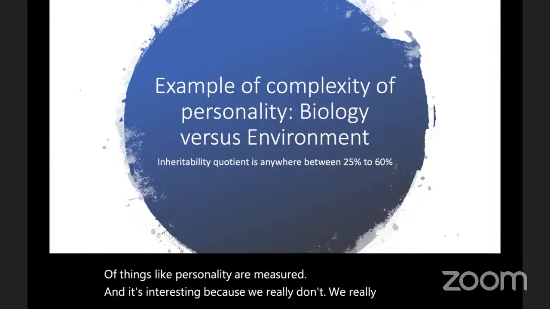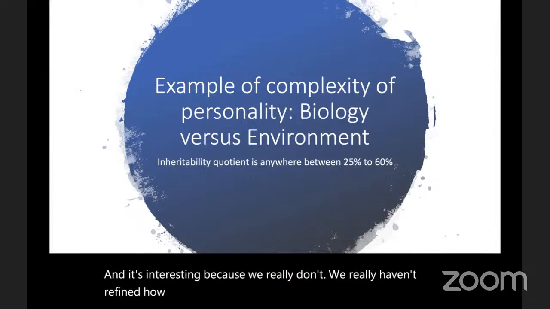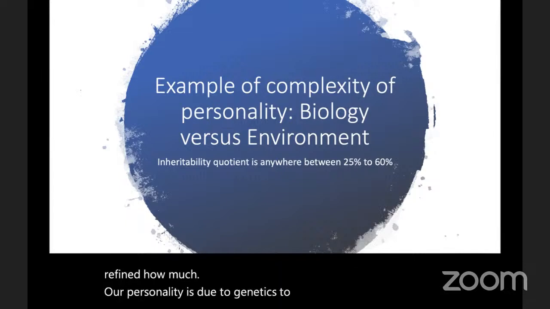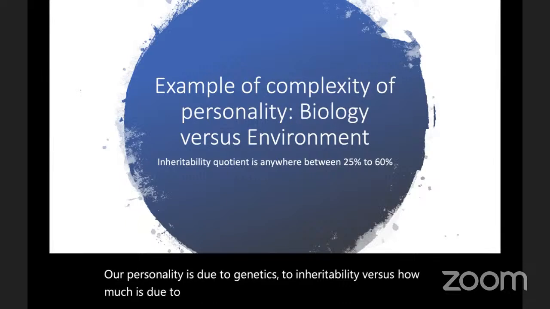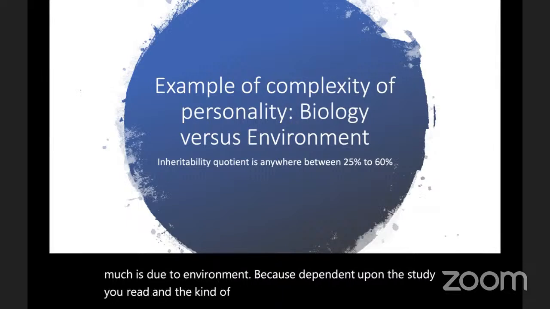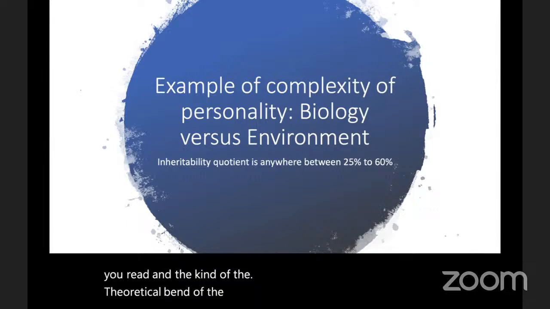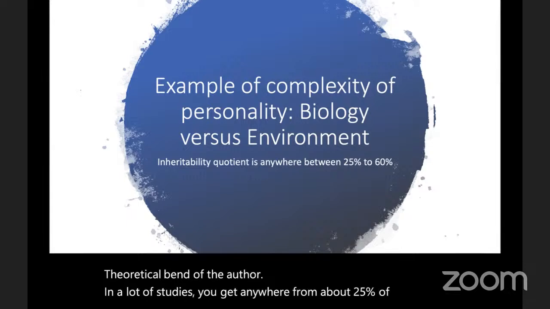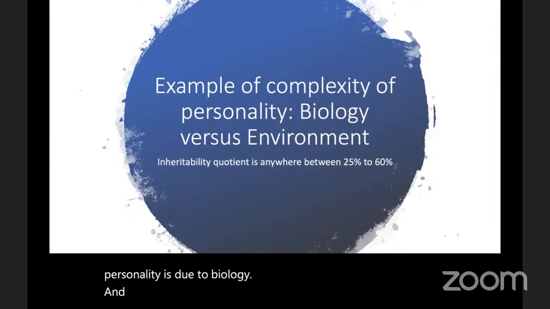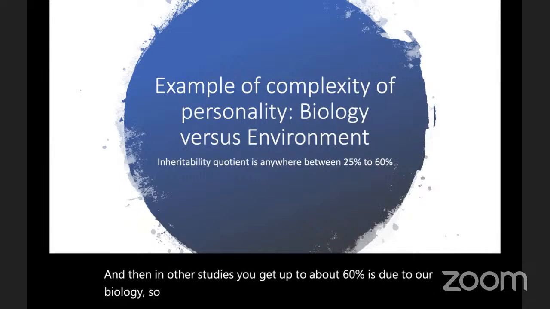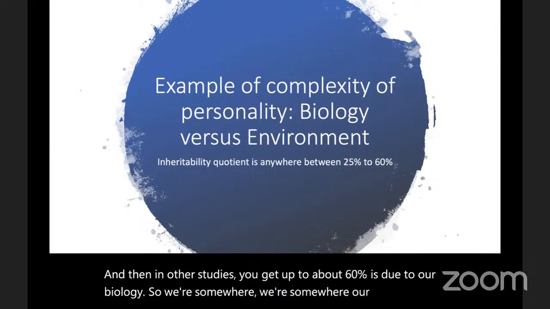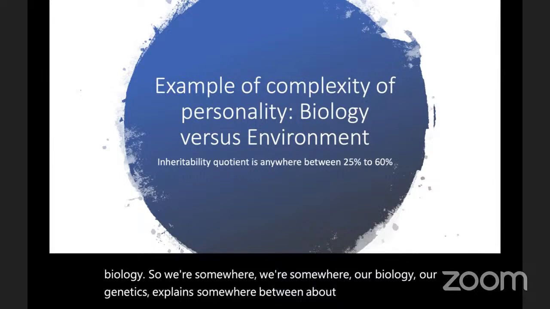we really haven't refined how much of our personality is due to genetics, to inheritability, versus how much is due to environment, because depending upon the study you read and the theoretical bent of the author, in a lot of studies you get anywhere from about 25% of our personality being due to biology. And then in other studies, you get up to about 60% being due to our biology. So our biology, our genetics, explains somewhere between about 25 to 60% of our personality is where the science is at